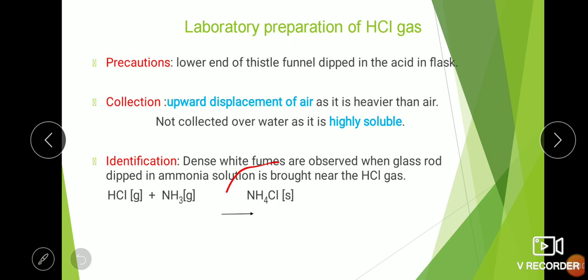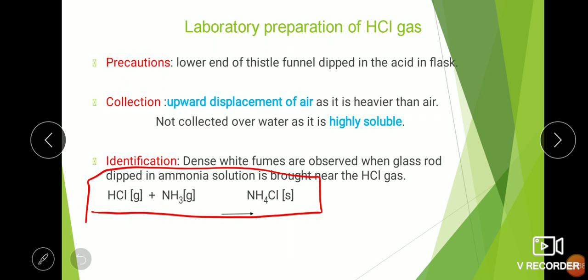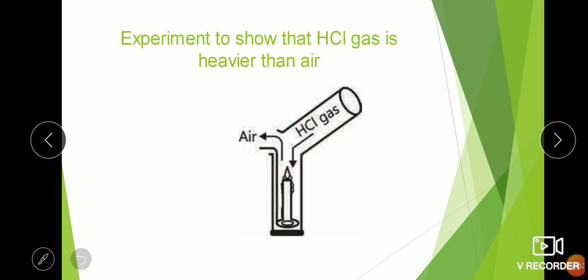Now please remember, in your lower classes 7th and 8th standard, we have done sublimate and sublimation. Now ammonium chloride is a sublimate. What is sublimate? The substance which directly changes from the solid state to the gaseous state or vice versa without going through a liquid state. And that's the reason while mentioning this test you have to mention white dense fumes of ammonium chloride. If you are writing the test, you have to write this equation also. HCl gas plus NH3 gas gives you NH4Cl. I hope that the things are clear and going smooth.